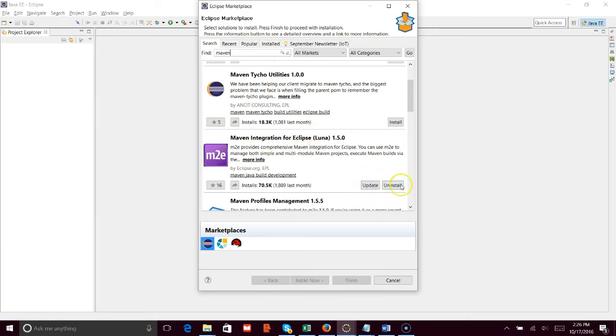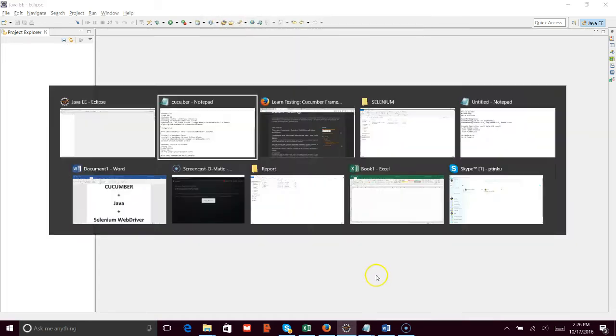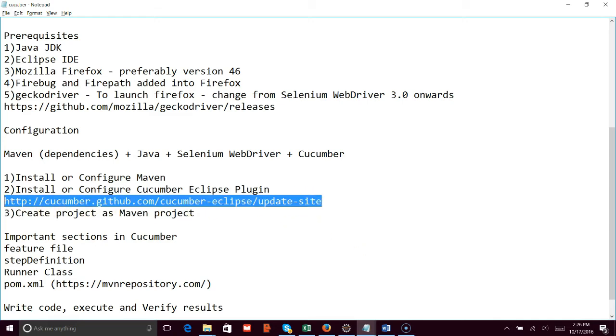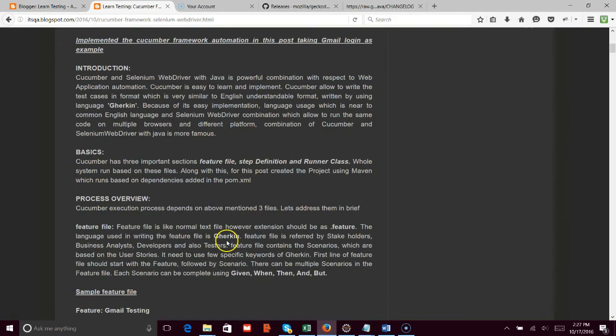For me, it doesn't display the install because I've already installed Maven in my Eclipse. You will have an installation button just like how we have for others. Just click on install and go with the default settings. Then you're done with configuring the Maven. So once you're done with the Maven, the next thing is install or configure the Eclipse plugin. So for this, what you have to do is just copy this URL. You can copy it by looking at the video, or I've also placed the